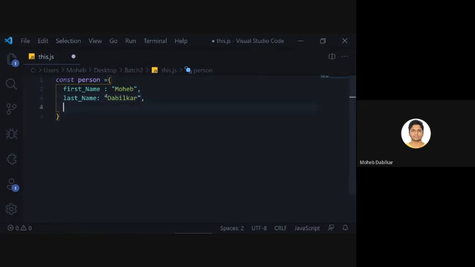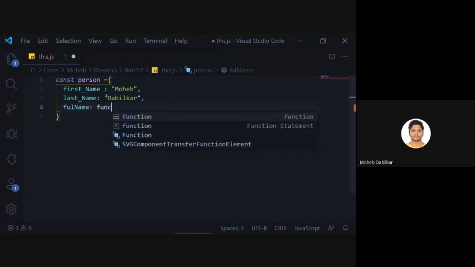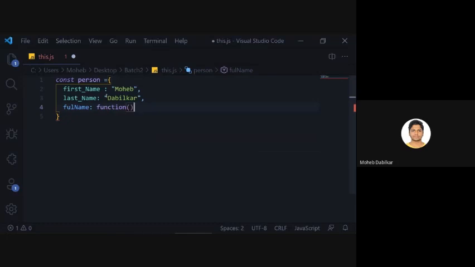Now I hope that you know this, but inside an object you guys can also create functions. So we have a function that is full name. This function will be an anonymous function without any name. We'll declare it like this, and then we will say console log first name plus last name.